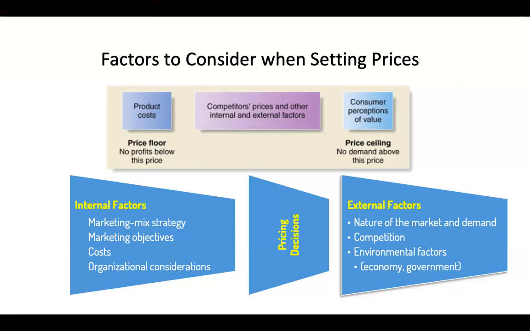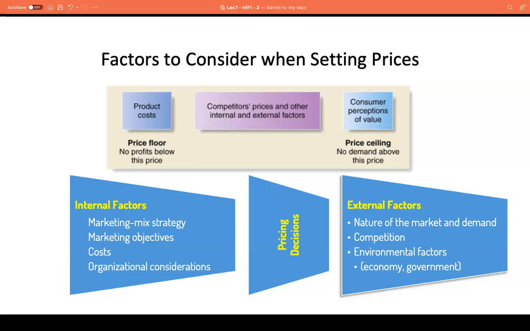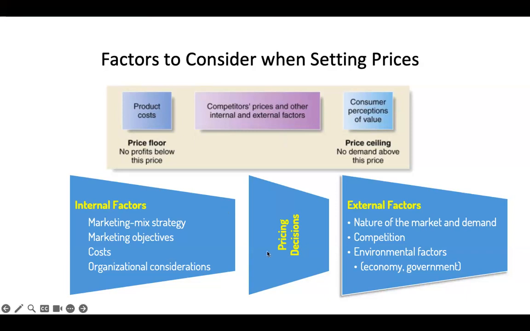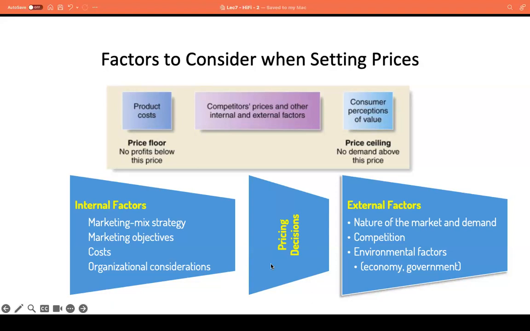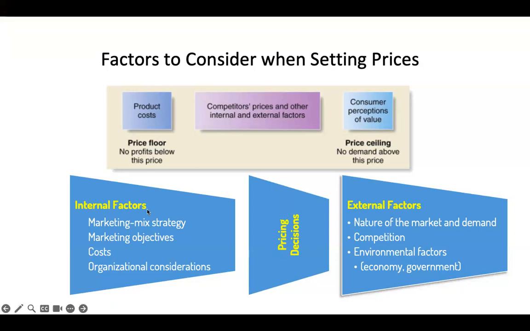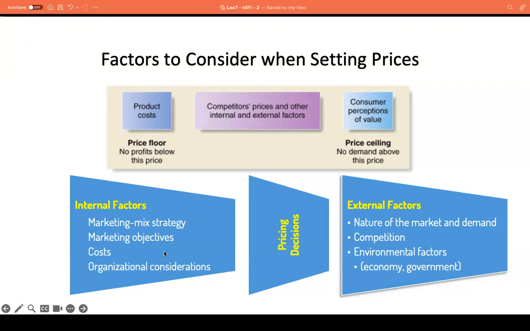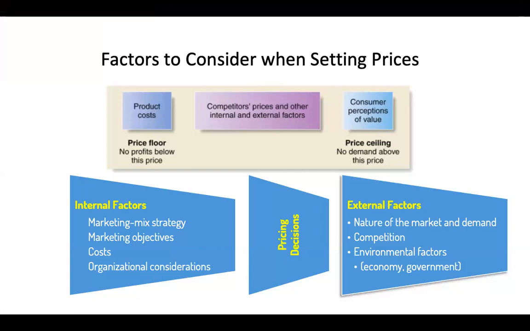Okay, so there are some internal factors and external factors that we have to consider when setting a price. The internal factors could include the marketing mix strategy that we use, or the marketing objectives, or the cost, or the